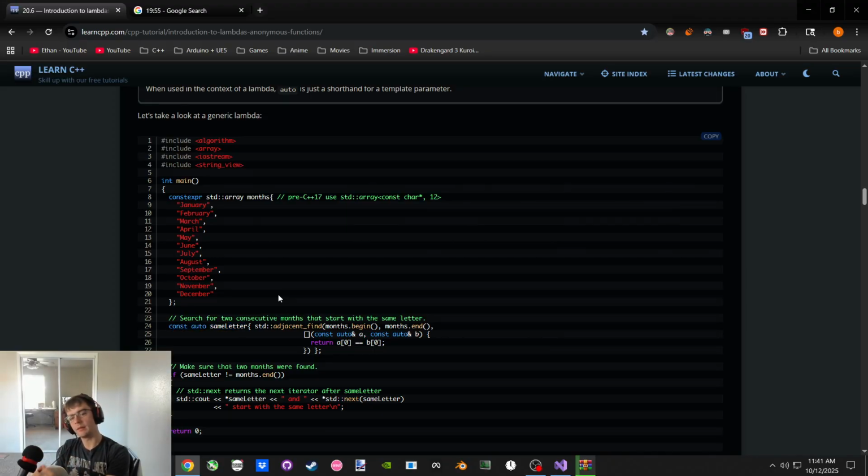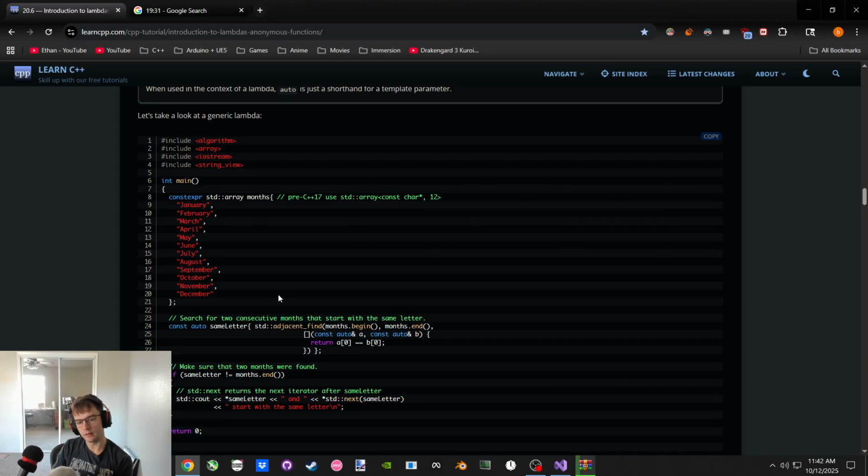Const auto, same letter. Adjacent find? Search an array. It starts here and ends here. And we're searching it using a function that returns a bool. It's a lambda in this case.